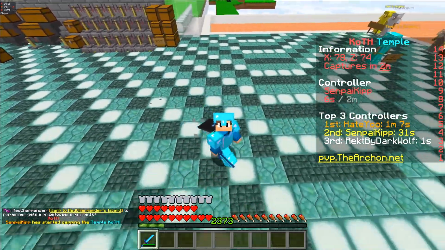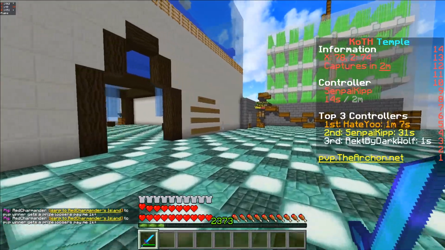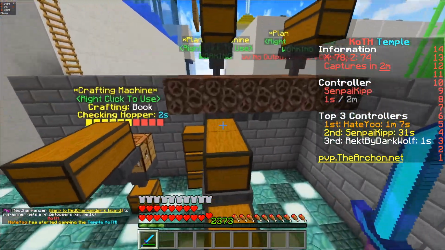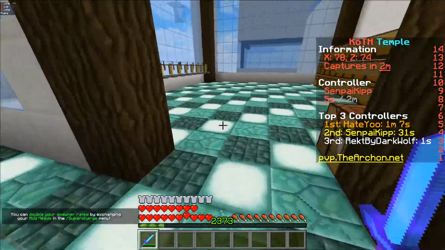But anyways guys, today we're going to be building an insane sword that not too many people know about. I mean, there are a decent amount of people who know about this sword, but not as many people know about it. So if you guys actively play on the Archon, you would know that there are only a maximum of 5 enchants that you can have on an item, whether that be custom enchants or normal enchants like unbreaking